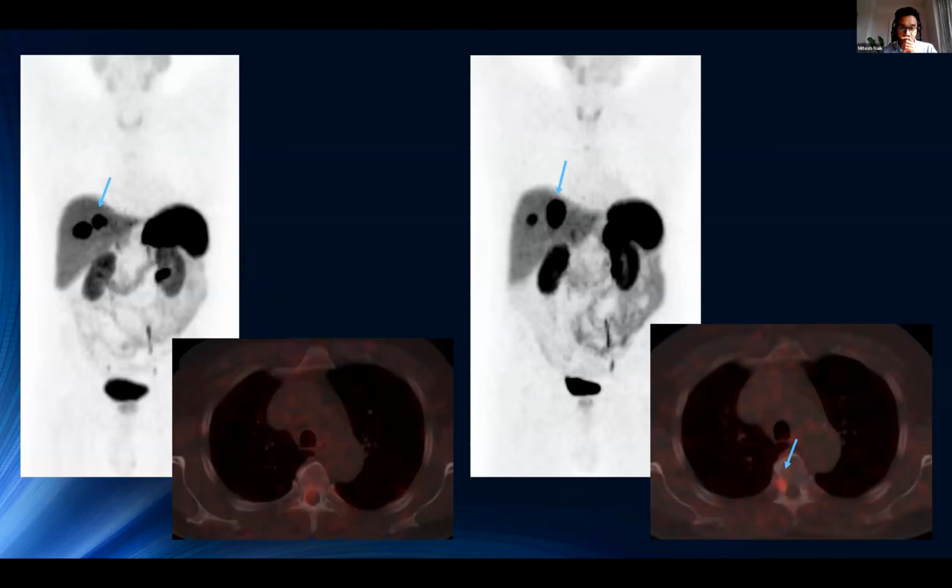So here's an example of a patient that was upstaged with DOTATATE. On the left-hand side was the index presentation scan showing liver metastases. On the right, you can see one of the liver deposits has increased in size, but the patient was being considered for local regional treatment options. However, you can also see on the bottom right that there is a new tracer avid lesion within the T5 vertebra, which of course altered the patient's management, and therefore they were considered for systemic options instead.